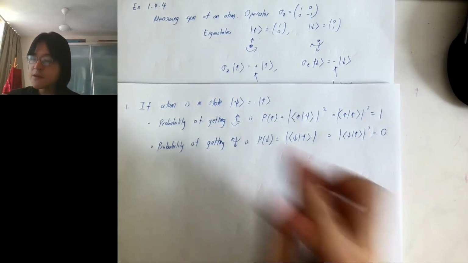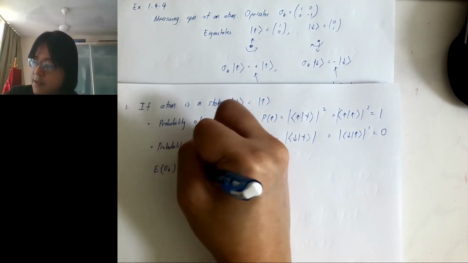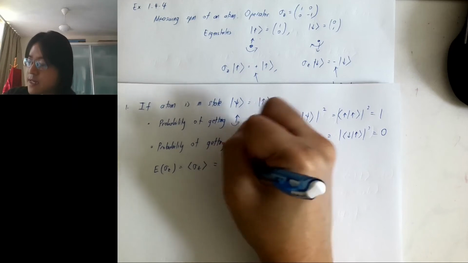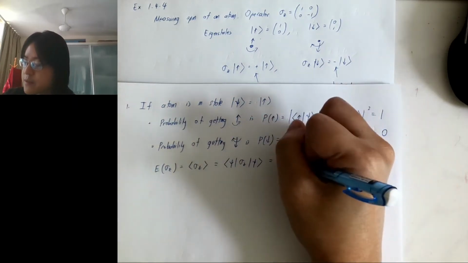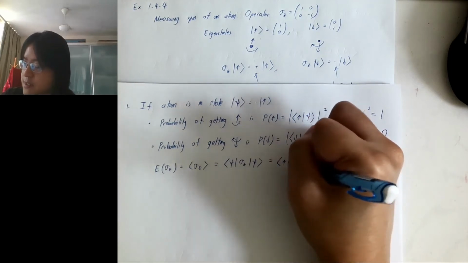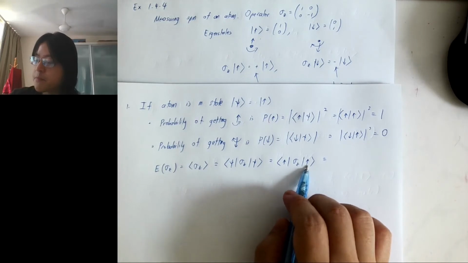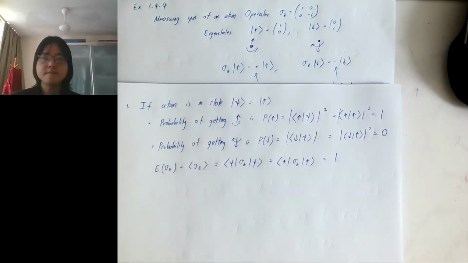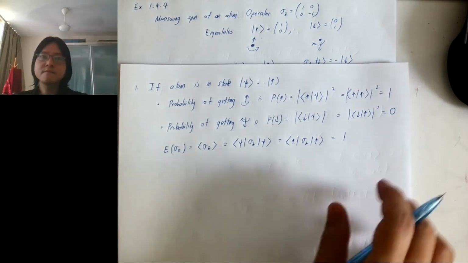Okay, so the expectation value of sigma z is just psi sigma z psi, so you can compute this is just up sigma z up, so sigma z times this is +1 times up, so it's just 1. Okay,